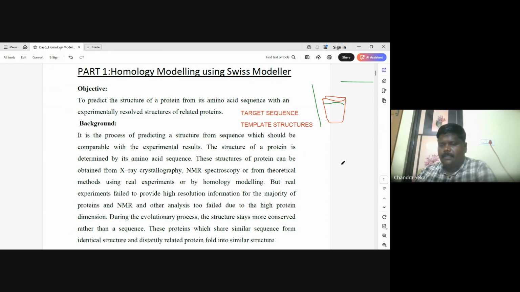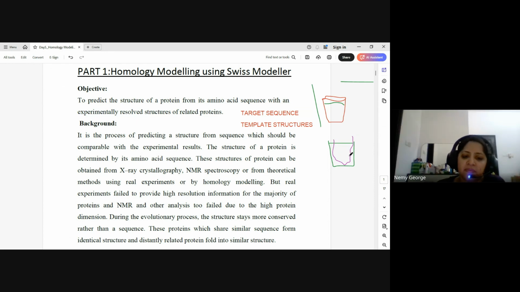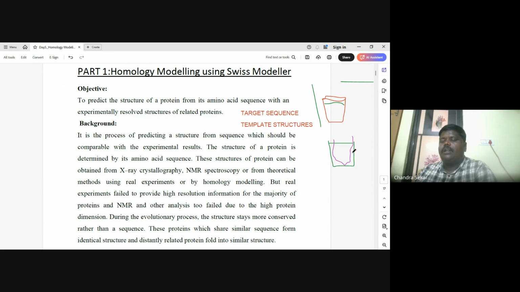Same way, the container here is our template structures. Now our sequence will try to match the template structures. When our sequence is trying to match the template structures, it will orient according to the shape. This way, we will achieve the model structures.